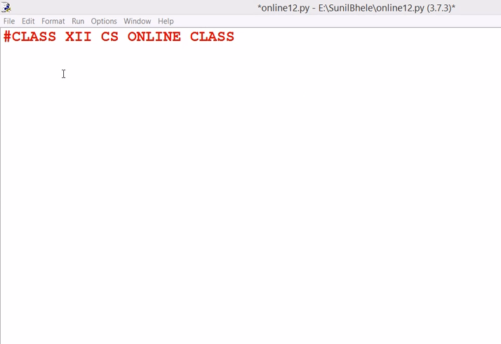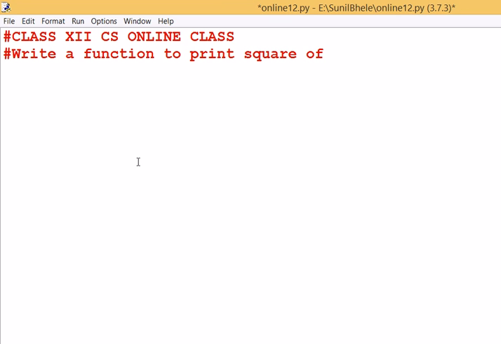Let's try one more example. Write a function to print square of a number. So I'm defining a function, def calculate_square,